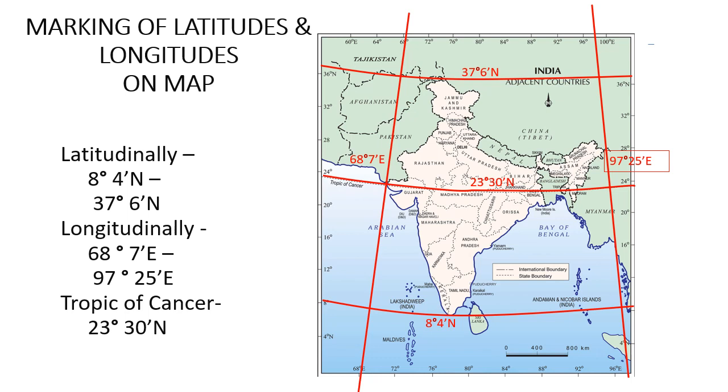So in this part we will learn up to this only. In the next part we will see India's size, its standard meridian and standard time, how it has been selected, and its political divisions, states and union territories with their capitals. So all these we will see in the second part of this chapter.